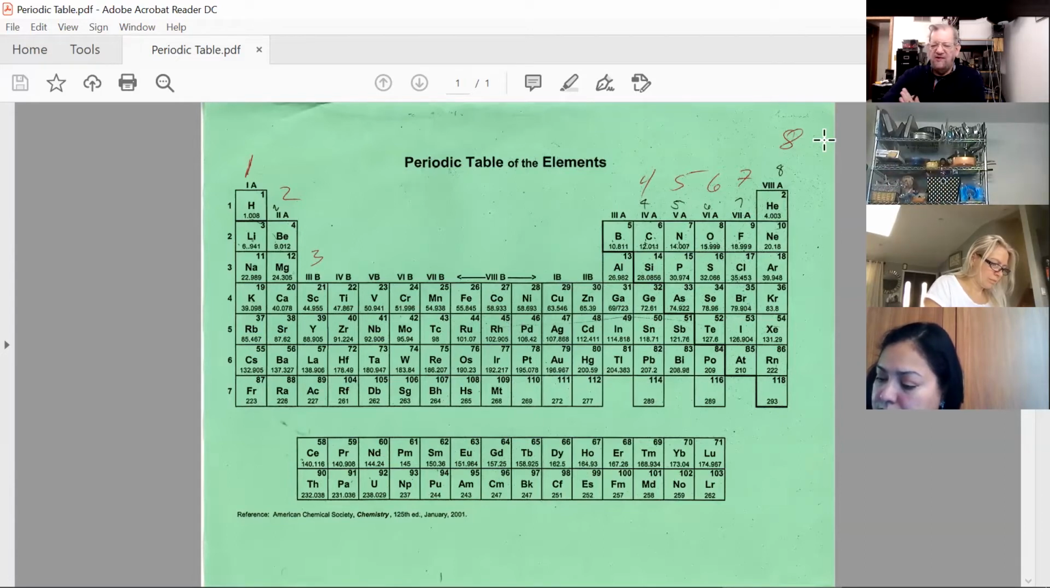This one's a little challenging because carbon is one of those that really doesn't form alone as an element ions, but